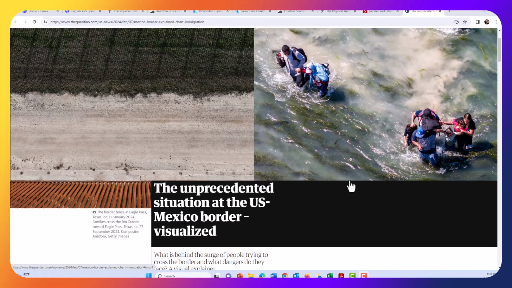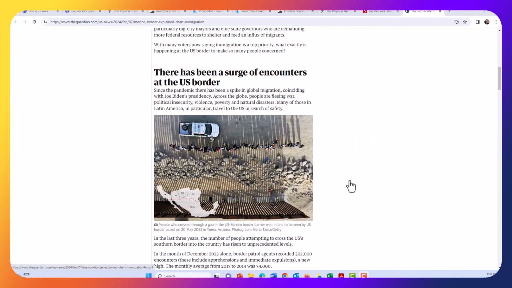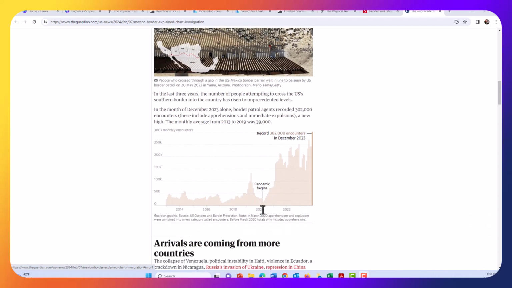In this article, The Guardian writes about a number of people migrating to the U.S. border and the dangers they face. In this visualization, they've added a dark-colored bar here as a pre-attentive attribute to direct the reader's attention to the record number of encounters at the border. They've also added text labels to help communicate the specific